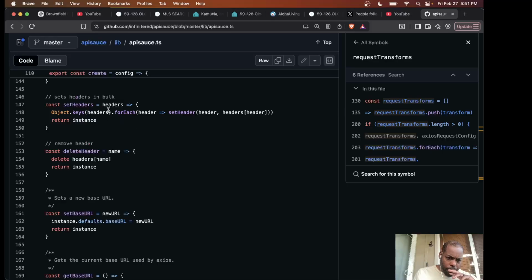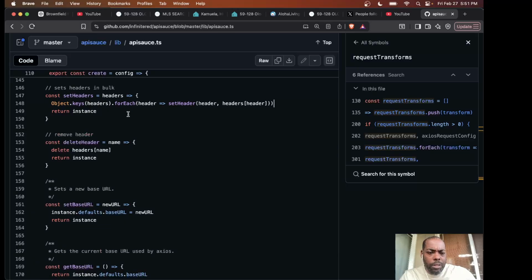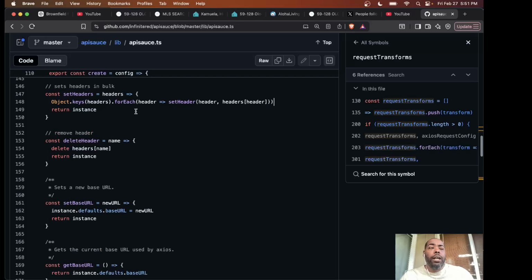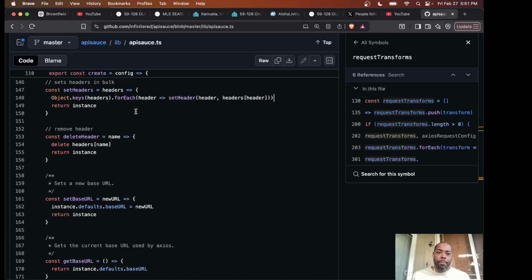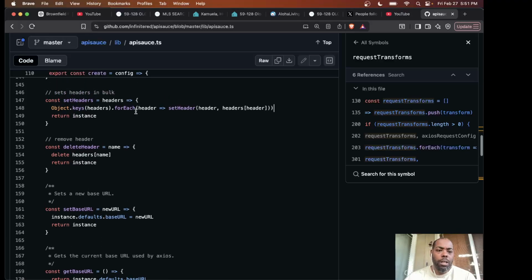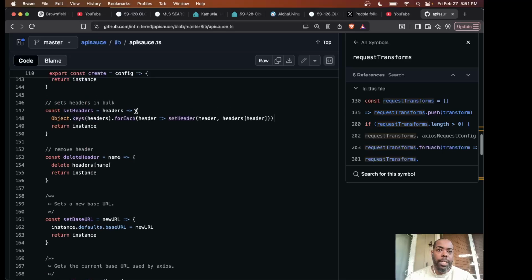Okay, so for each of the headers, you're setting them. Again, I wouldn't do it this way. I mean, forEach is okay. It's a higher order function. That's fine. But you should be reducing these headers. Like I would just use a reduce here. You want to get into the habit as a functional programmer of using the same higher order functions for pretty much everything. Like a lot of developers, when they start off, will use map and filter for pretty much everything, right? They'll use map a lot, and that's fine, but